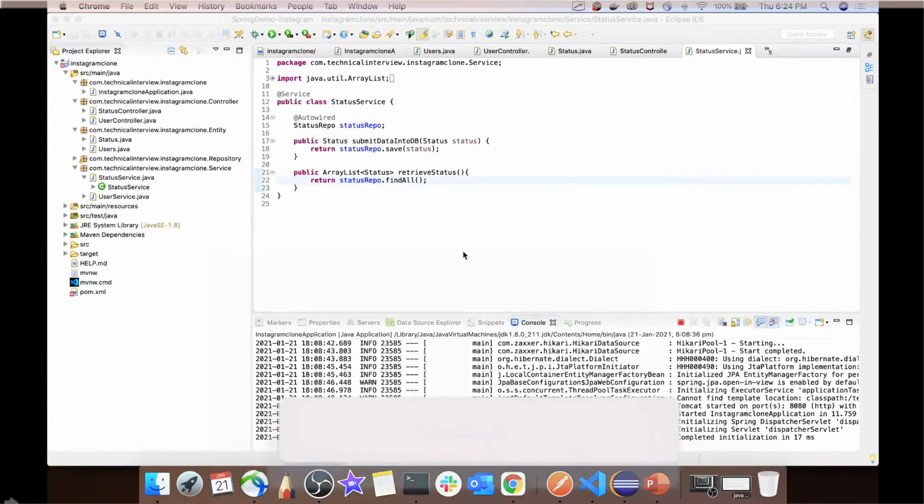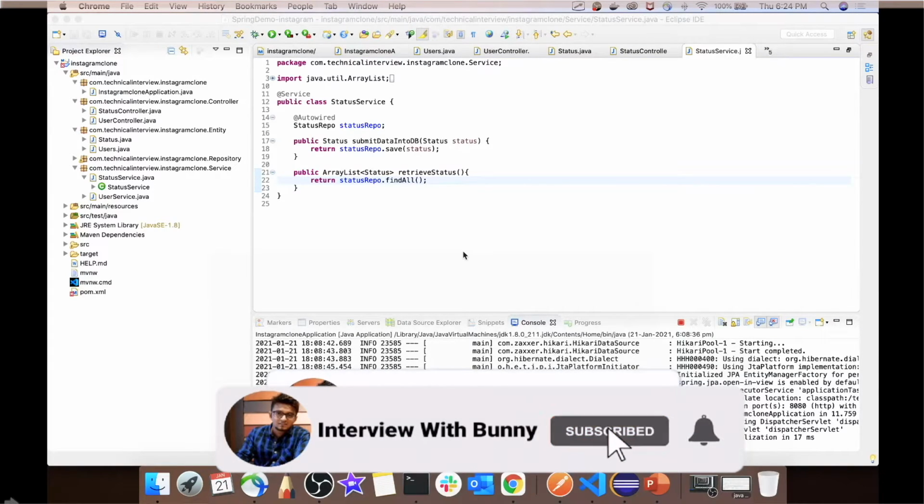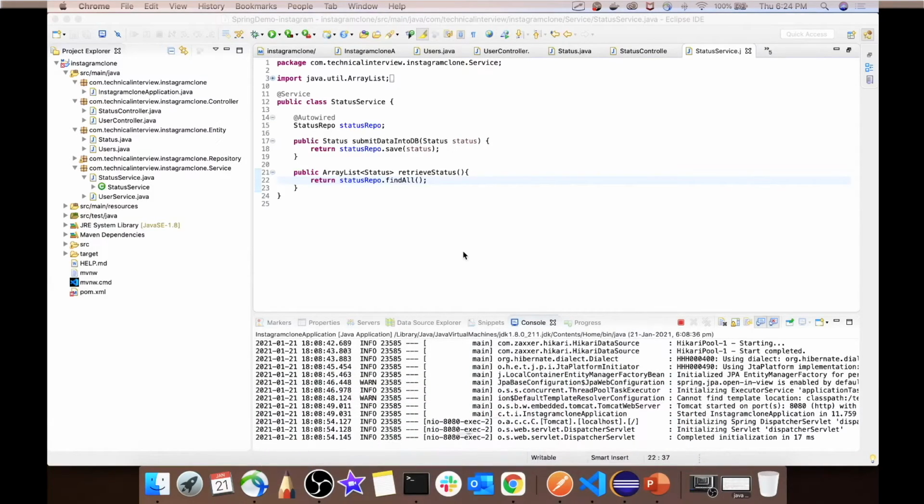So in the real world, there are many ways by which you can implement the intercommunication between two microservices. One is by using the REST template of Spring Boot application. Another way of implementing the intercommunication is by using the Eureka service. But since this is a small project and all the classes are within the same project, we will not make things too complicated for this application. Rather, we will directly call the service class of our status and try to call the data from there. So let's start with the implementation so that it will be easy for you to see how we will be establishing the connection between the two services over here.